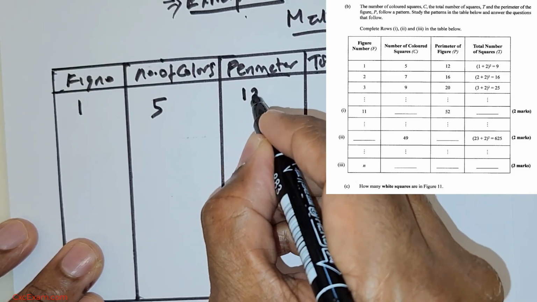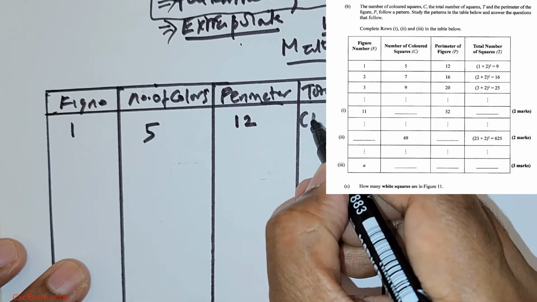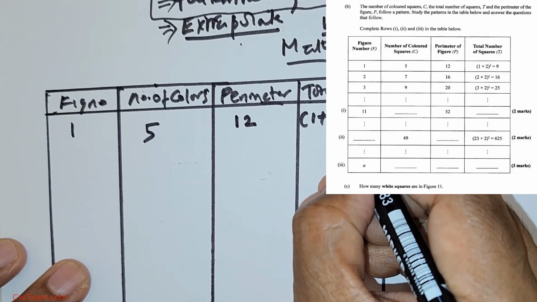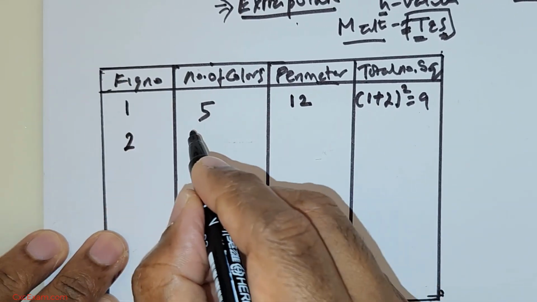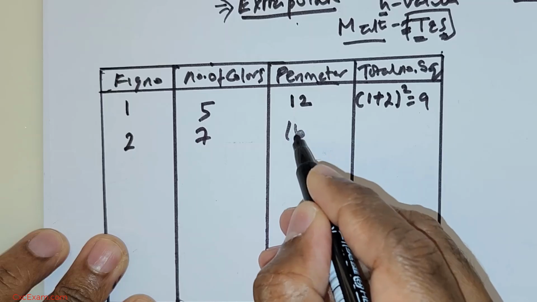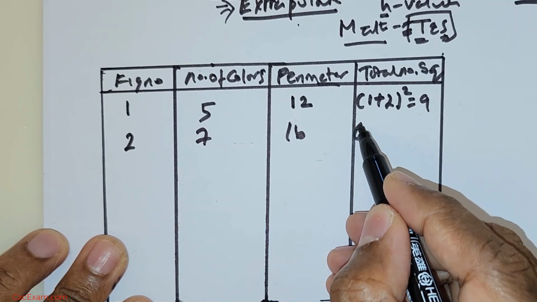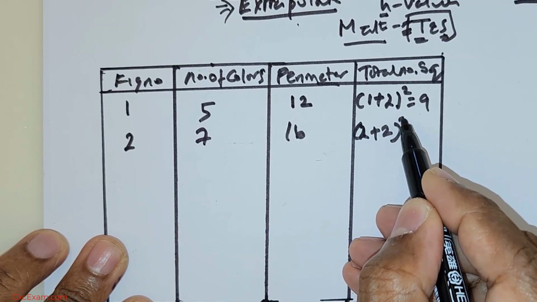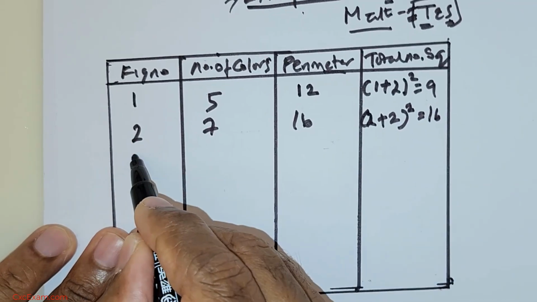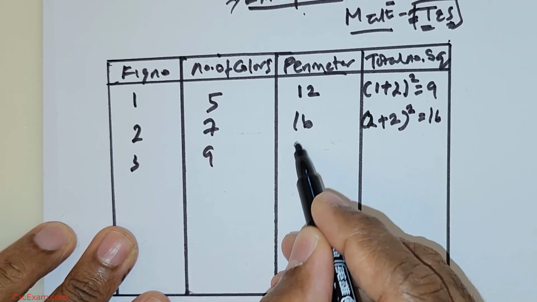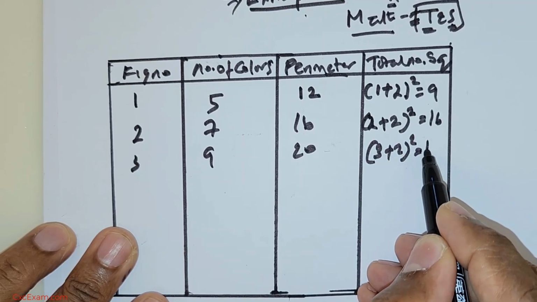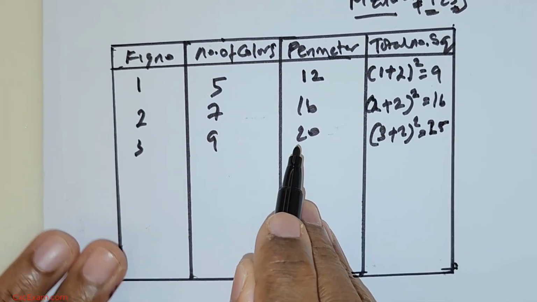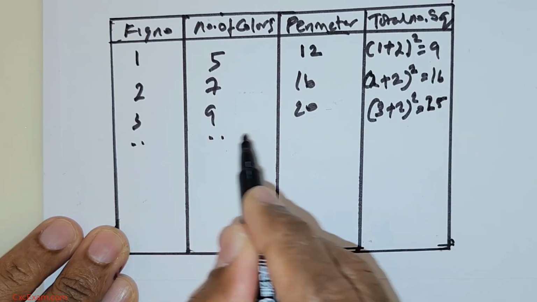Perimeter is given as 12. And this is the formula part: (1 + 2) to the power of 2 is equal to 9. This is given. Number 2, 7, 16: (2 + 2) to the power of 2 is equal to 16. Number 3, 9, 20: (3 + 2) to the power of 2 is equal to 25. And then so on